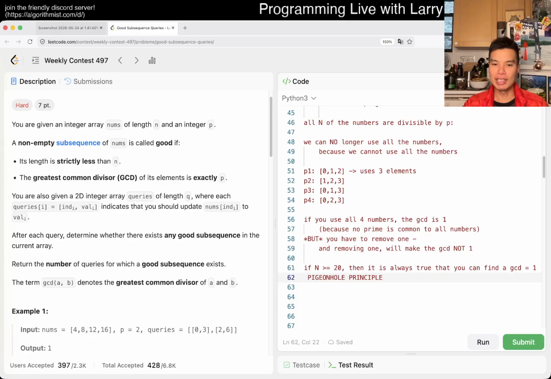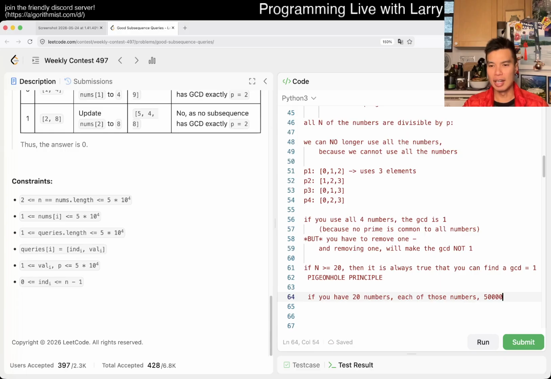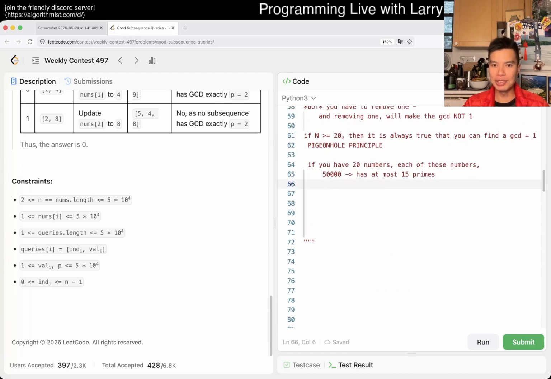right? Because if you have 20 numbers, each of those numbers, because it only goes up to 50,000 or whatever, has at most, I think I did the math and it's actually only 10 primes, but let's just say at most 15 primes, right? I'm hand waving, but the numbers are small enough that it doesn't matter. At most 15 primes. Pigeonhole is even tighter than this, but if you have 20 numbers and 15 primes, then